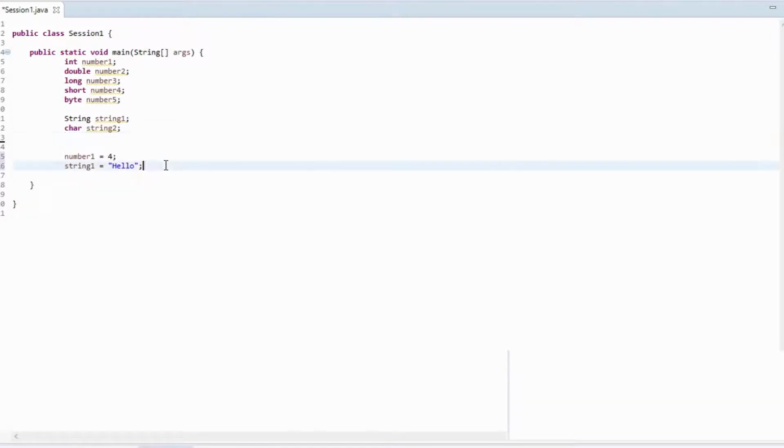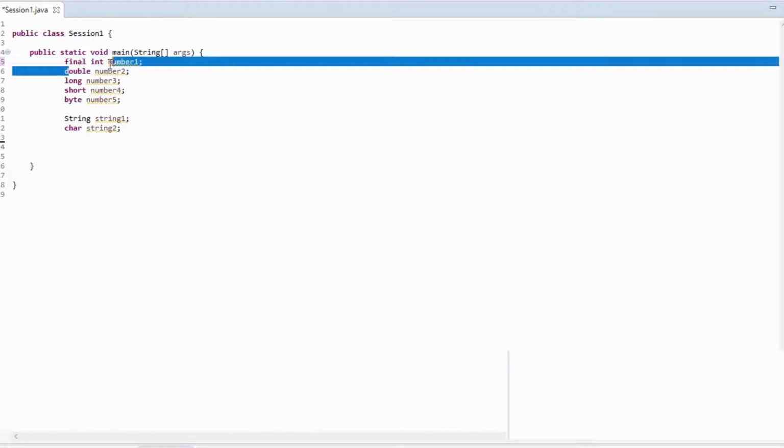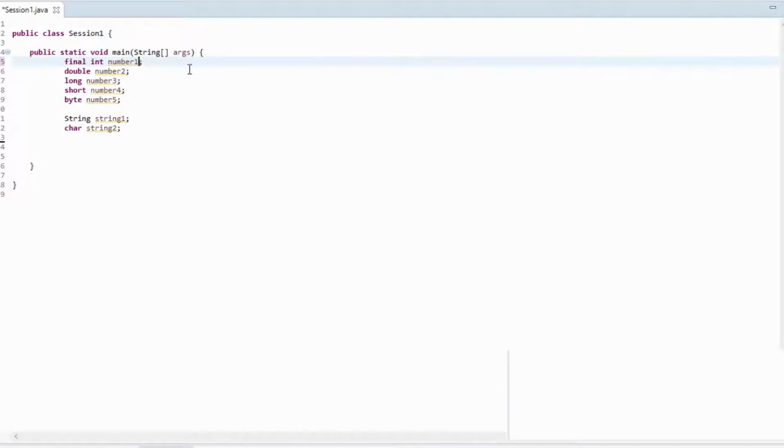So the next thing we're going to talk about is another way of declaring it, which is to finalize, or to make a value final. And what final means is that final is a number that never changes. So for instance,